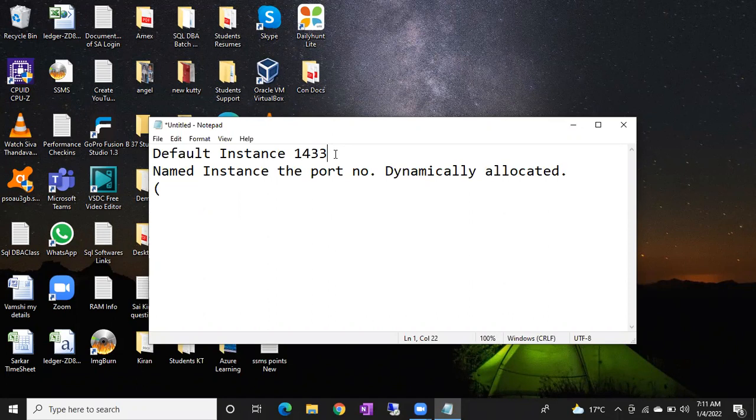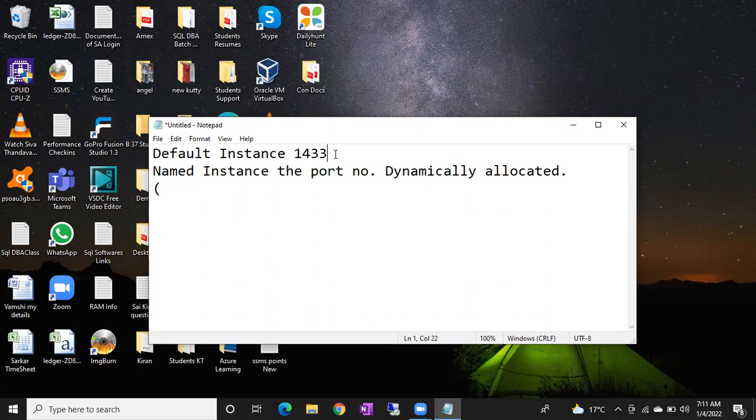One more thing: whenever you are trying to connect to the SQL Server and you're unable to connect, there are two reasons. One is the port, as discussed. The second is that your laptop should be connected to the organization network. In these two cases, usually you can connect to the SQL Server. If your laptop is not connected to the organization network, for example through VPN software, then you will also get connection issues, network related failures.